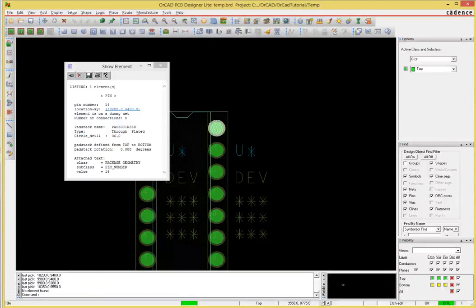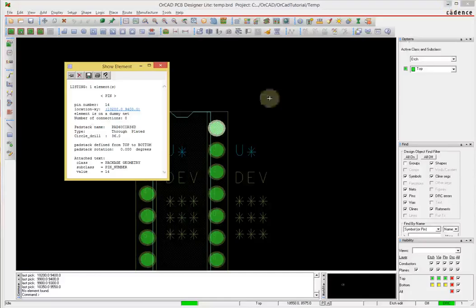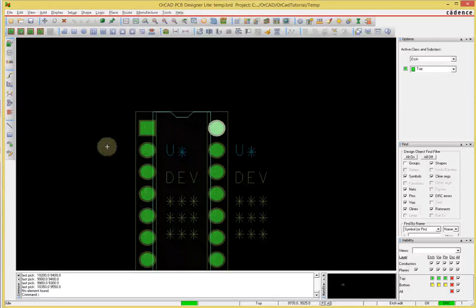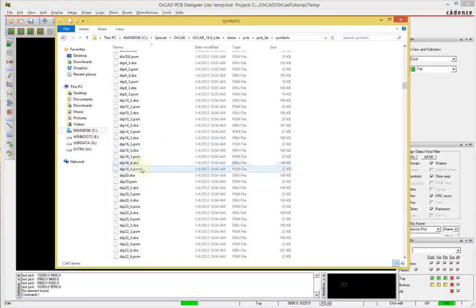If I go back to my schematic again, the widest part of the pin needs to be maximum 26 mils. So a diameter of 36 mils will be sufficient for that pin to go through the hole. Therefore, my conclusion is that dip 14, whatever it was called, let's go back to my symbols here, dip 14_3